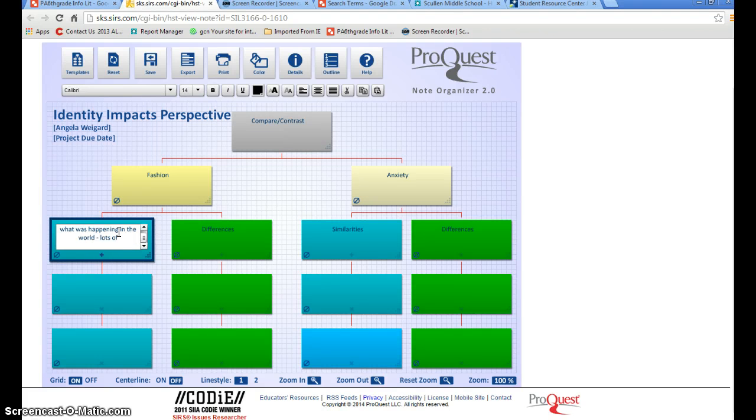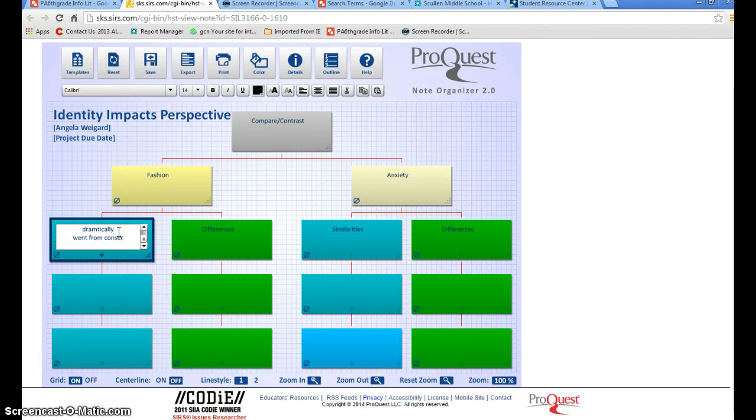Lots of changes. So the fashion sense changed dramatically. So it sounds like it was conservative to now, we could say another bullet point could be went from